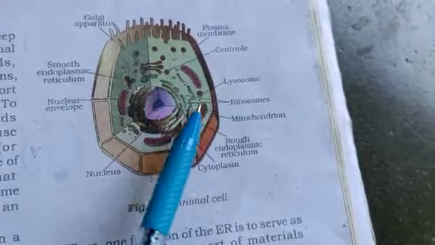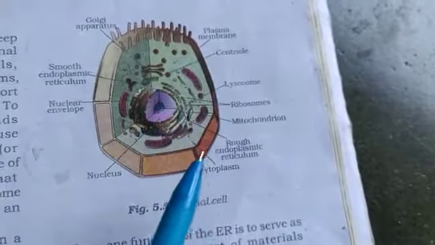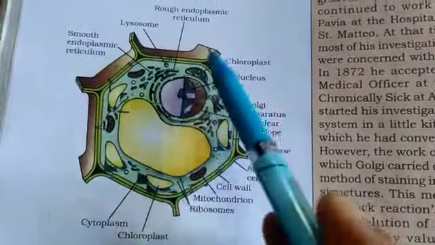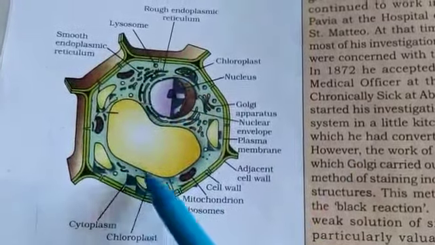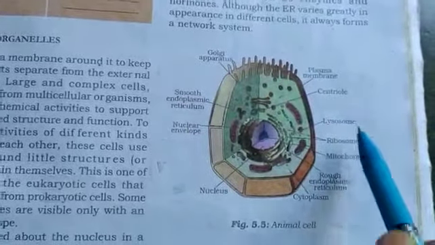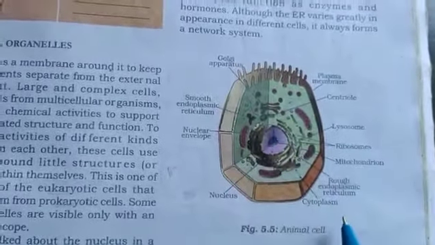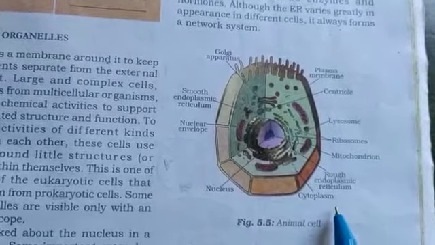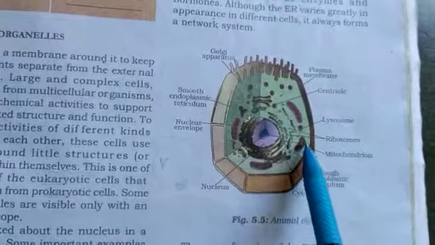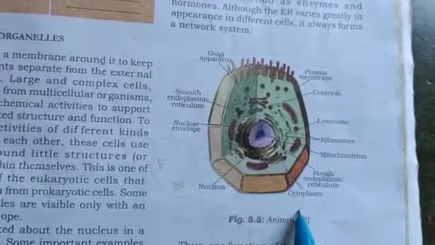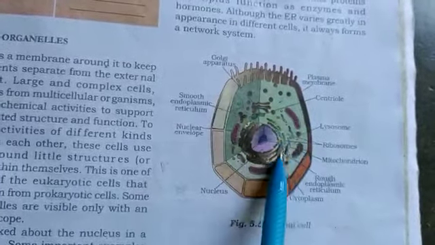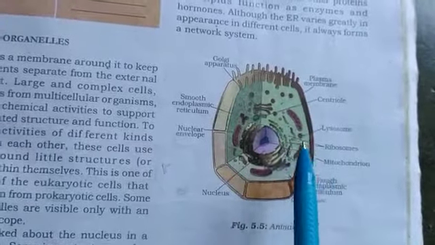Even in the plant cell, the fluid present inside the plasma membrane is considered the cytoplasm. Cytoplasm contains many specialized cell organelles, and each of these organelles performs a specific function for the cell. The cell organelles are enclosed by membranes. Lysosome, mitochondria, endoplasmic reticulum, all the cell organelles are enclosed by a membrane.